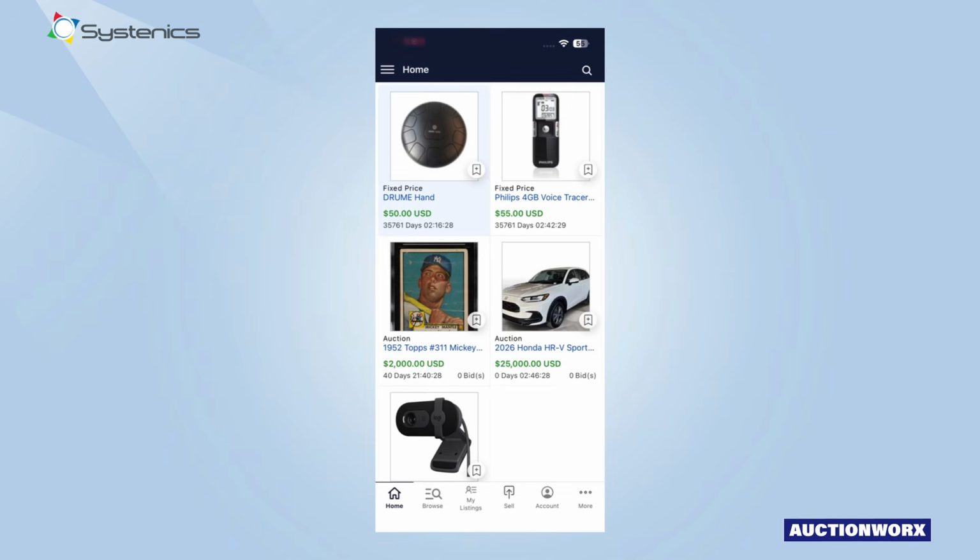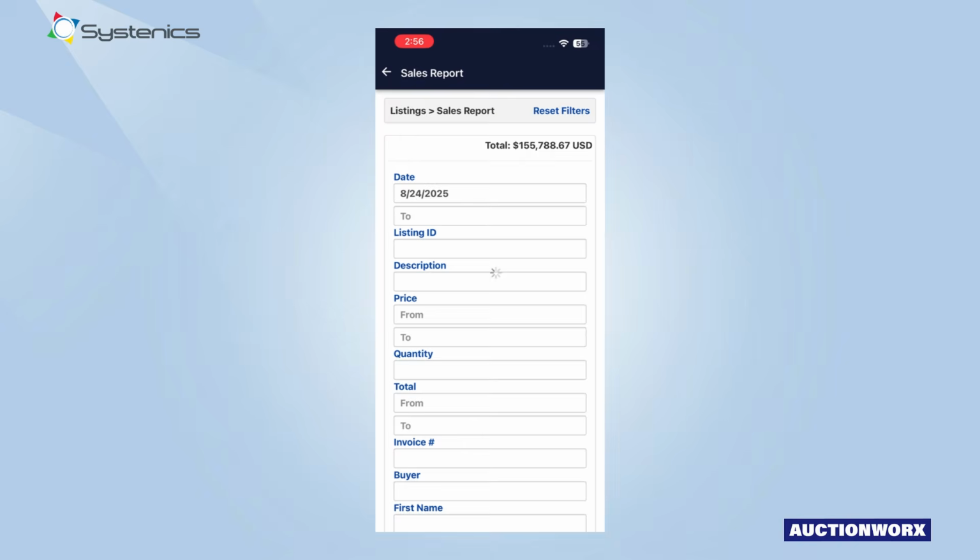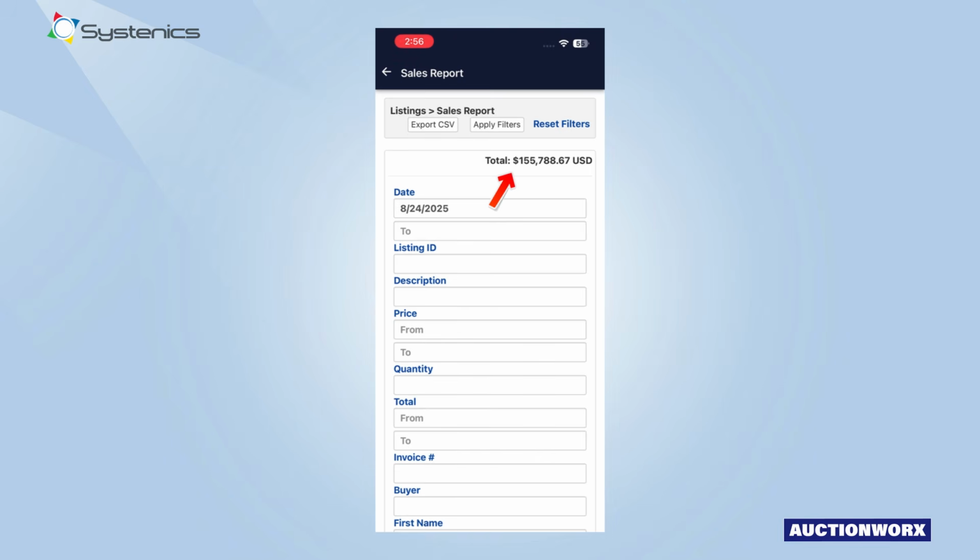Let's check the AuctionWorx Sales Report screen. Tap on Account in the footer. Tap on Sales Report. The first thing users will notice on this screen is the sales total, prominently displayed in